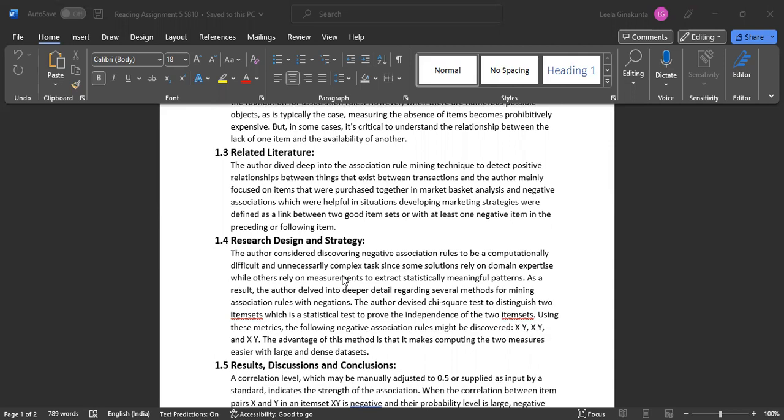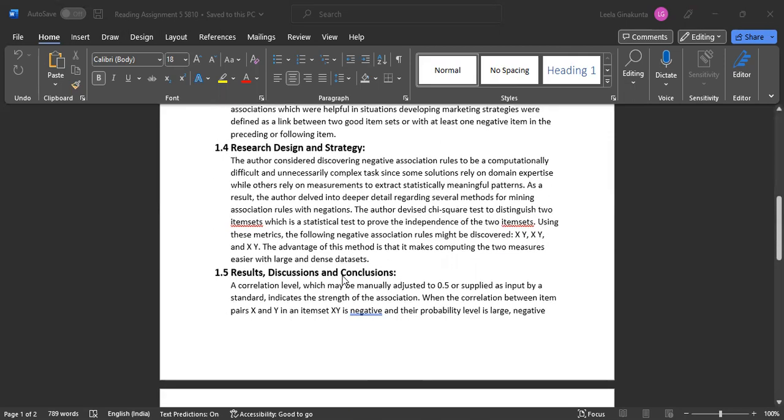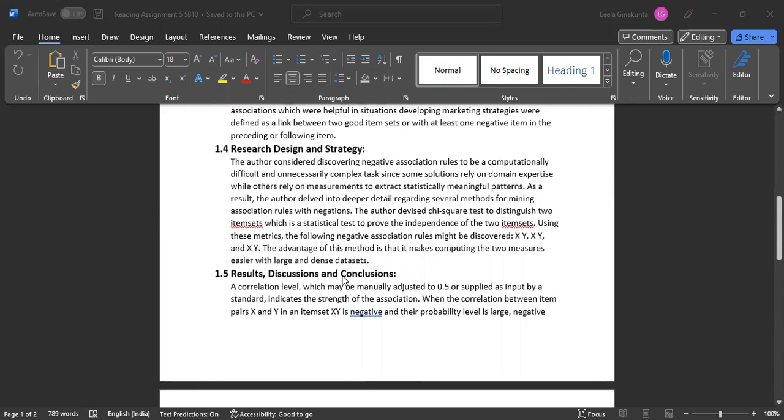or following item. Coming to the research design and strategy, the author considered discovering negative association rules to be a computationally difficult and unnecessarily complex task, since some solutions rely on domain expertise while others rely on measurements to extract statistically meaningful patterns. As a result, the author delved into deeper detail regarding several methods for mining association rules